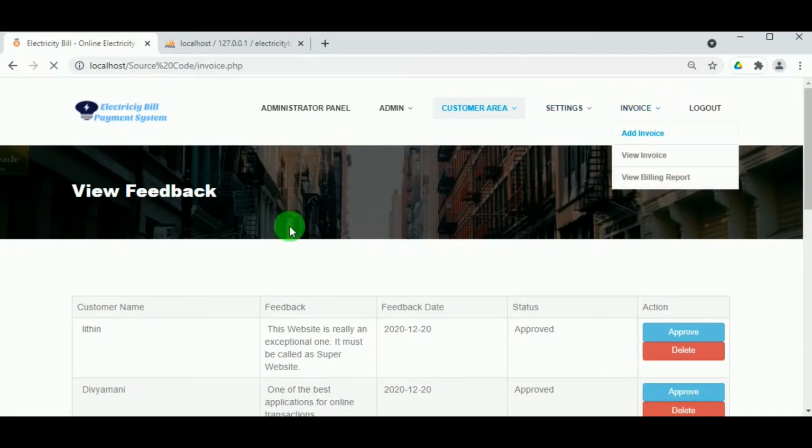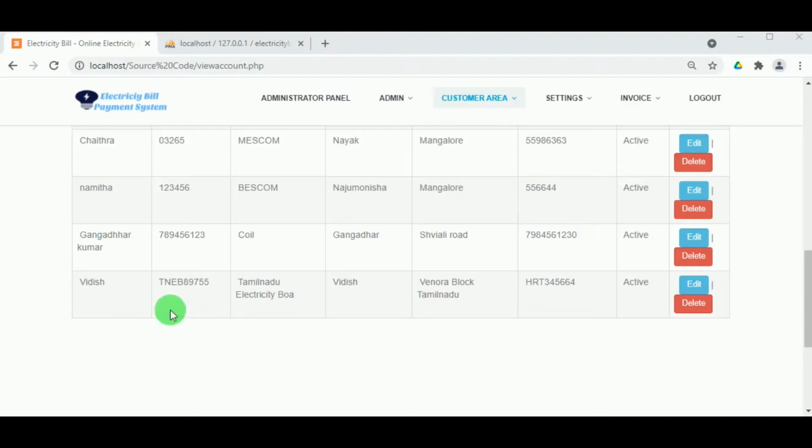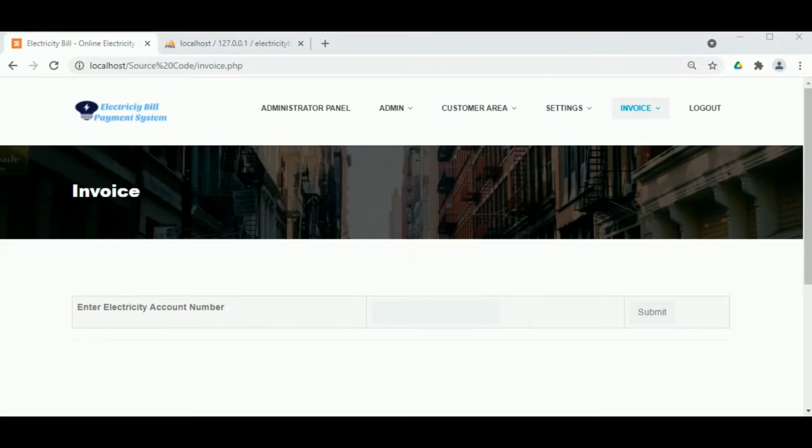In add invoice, the admin can add the invoice for various customers, and now let us add the invoice for the same customer again. This is to check what will happen for the excess amount, how the excess amount will be added for the next bill payment, that we can view here. So first let us copy the applicant's account number, that is the customer's account number, and then let us paste it here in the invoice, and by clicking on submit